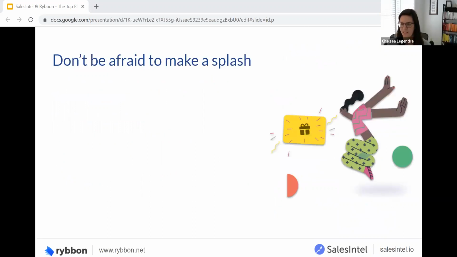So next up, we want to make a splash. Don't be afraid to go in and wow them. You've selected your perfect target account, but you'll still need to compete for their attention. You'll get higher ROI by investing enough time and resources into the right accounts, so don't neglect this component of your ABM strategy. Even if you have the best strategy and the best target customer, you won't succeed without the best execution as well. For us, making a splash can mean several different things.